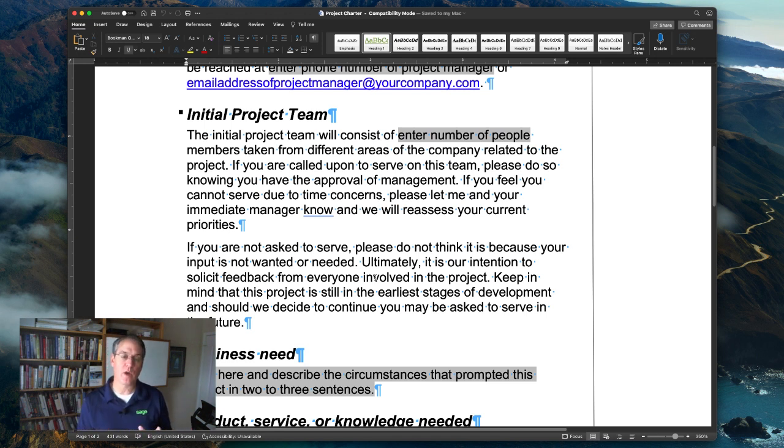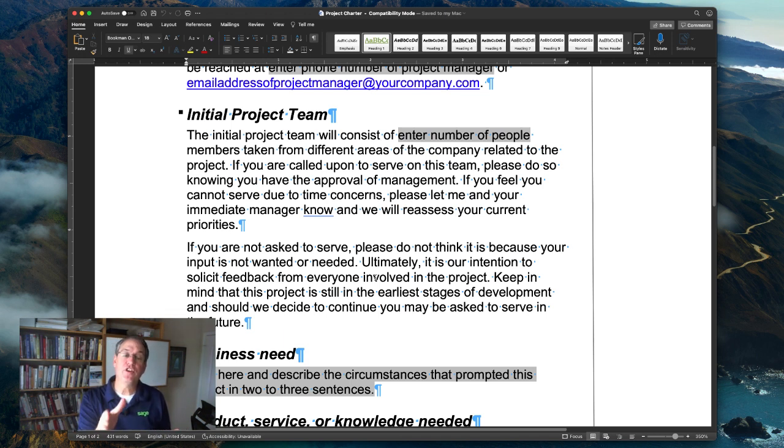It certainly can be a range, taken from different areas of the company. Perhaps we're going to pull in a cross-functional team to do this. Here's the key sentence, though: if you are called to serve on this team, please do so knowing that you have the approval of management. That is me, the executive sponsor. So here's the sentence.